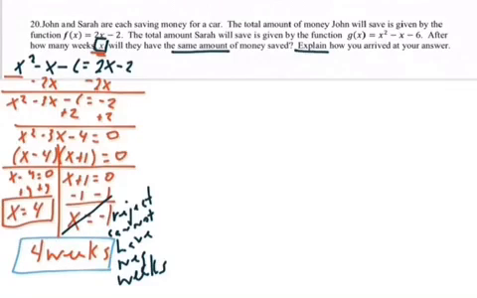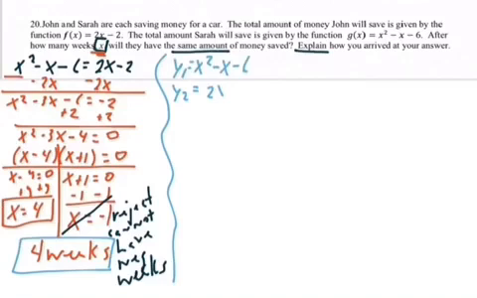Now, this question does not actually specify that you have to do it algebraically. So if you decided to do it on the calculator, you can, and in order to get full credit, you would need to write down y1 equals x squared minus x minus 6, y2 equals 2x minus 2,